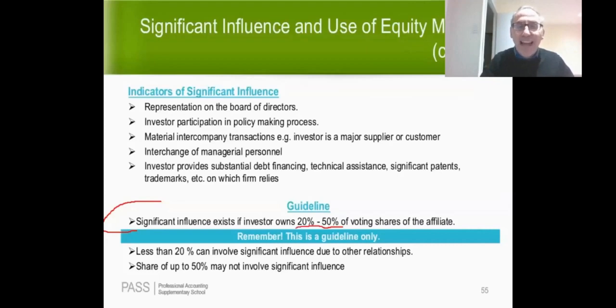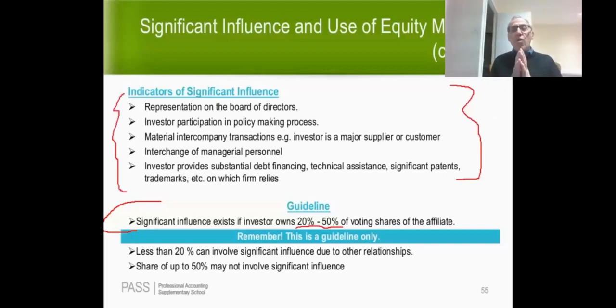On a CPA exam, and this has come up on the CPA exam, what you need to do in deciding whether there's significant influence is determine whether there are indicators of significant influence present. These would be examples of indicators of significant influence. So what I would do is go back to the case facts, and I would try to tie back to some of these variables to determine whether there's significant influence. You're not going to likely ever find a case where every one of these variables is present, but some of them may very well be present.